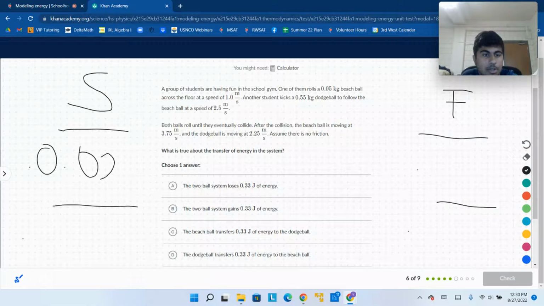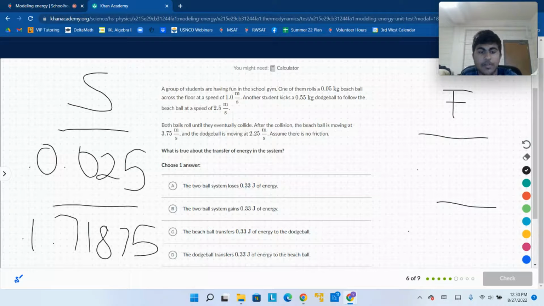0.025. That's how much kinetic energy the beach ball has. And the dodgeball is going to be 0.55 times 2.5 squared over 2, or 1.71875. I know the number of significant figures is probably too much, but we don't really care about that until the end. Right, beach ball is moving at 3.75 meters per second, so that's going to be 0.05 times 3.75